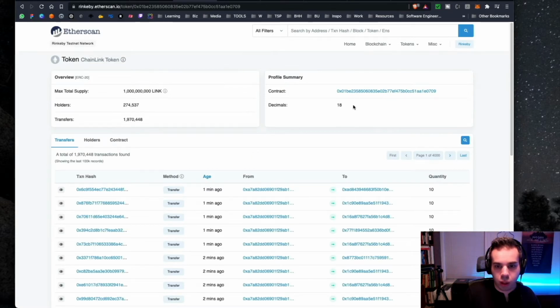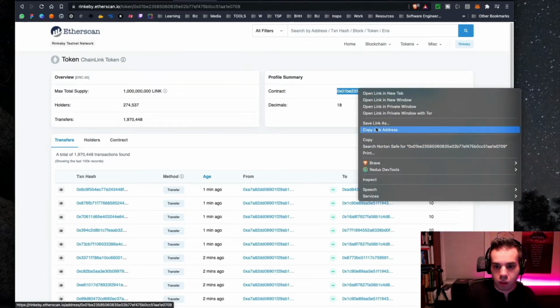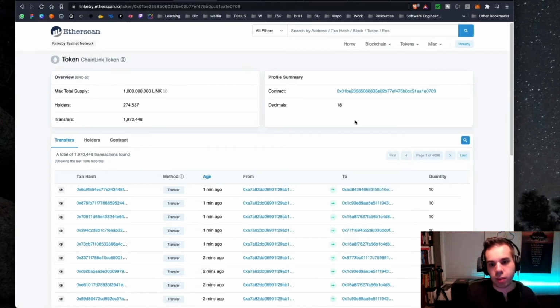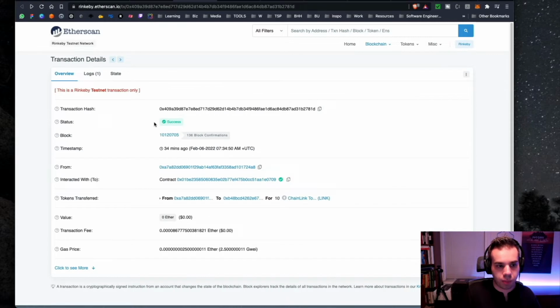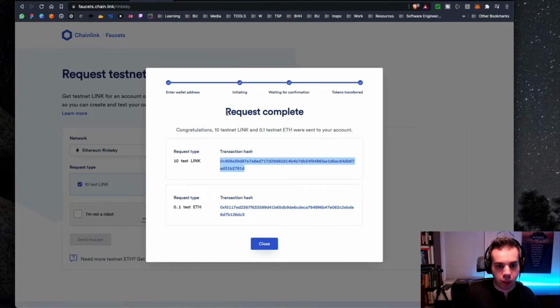And if we wanted to actually import this, you'd be able to copy this contract and then import that into your wallet in case you wanted to actually see that. So that's a pretty cool aspect of the blockchain, because you're able to then just see very directly, and these are hyperlinked as well, all of these things that are happening on the blockchain. So it's not just trusting a wallet extension, but also being able to know that this did happen because it's on the public blockchain. And that, again, sort of goes away from the Byzantine generals problem and is a solution for that, because you don't have to trust your Chrome extension.